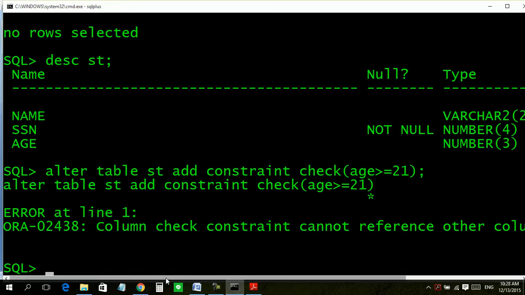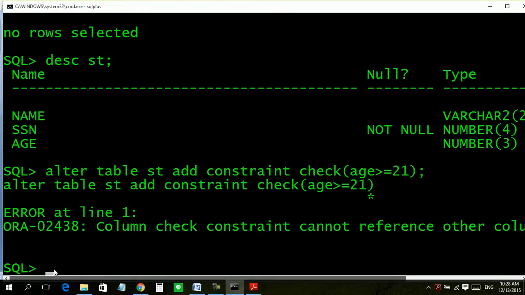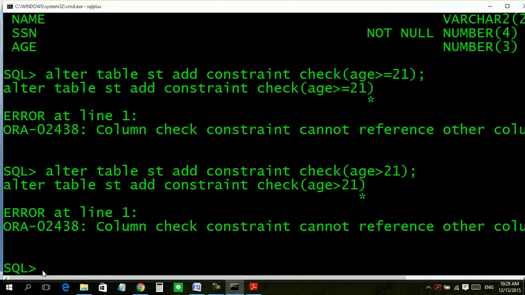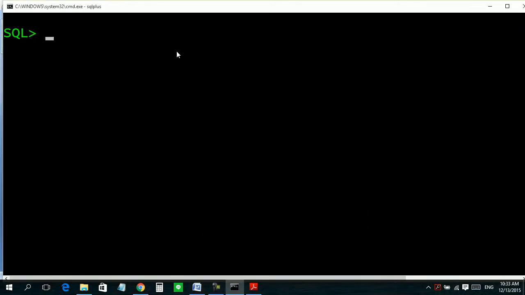Column check constraint cannot reference other columns. Where are we going to reference another column? Check. Is it so? We are not going to reference another column.